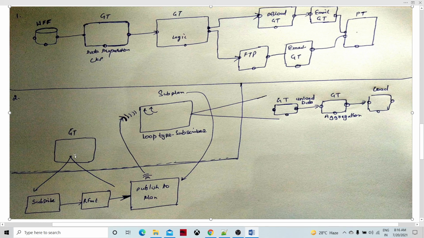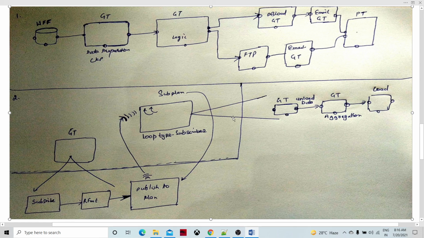The graph task sends data to the subplan, and based on one message, the subplan is going to be executed once. At the same time, it could be concurrent as well. We can specify the concurrency, and if we have enough resources available, the subplan can run concurrently.